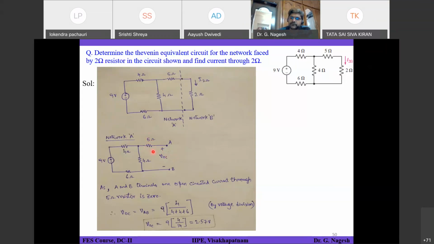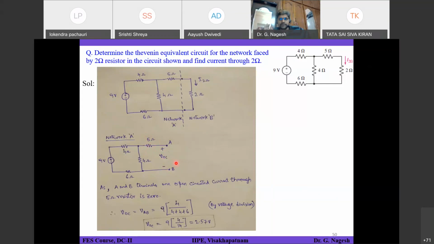I understand, you are thinking that because the 5 ohm is not there, my VTH might have changed. But there is nothing wrong in what I have discussed. The value of 5 ohms is taken care of in calculating RTH. The impact and the effect of the 5 ohms is already taken care of in RTH. So whatever process we have adopted is exactly correct.